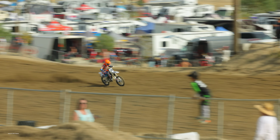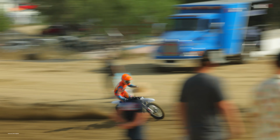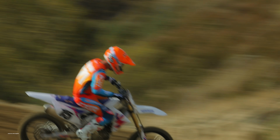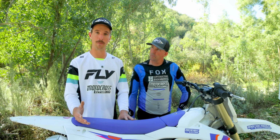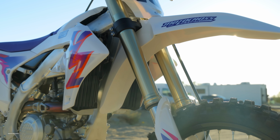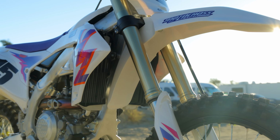I just lather up the side with grip tape, and that's basically all I do to make the YZ450F good for me in stock form. Once you start adding some money to the budget and going racing some of the bigger events, I took the suspension to Enzo. They added some more compression and bumped up just the stiffness of the suspension, which helped me